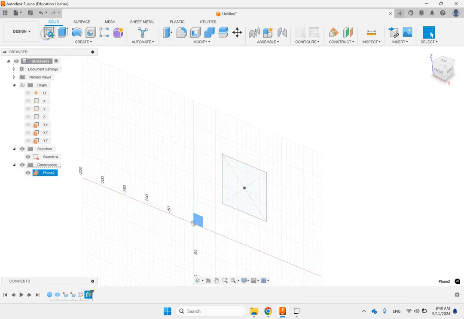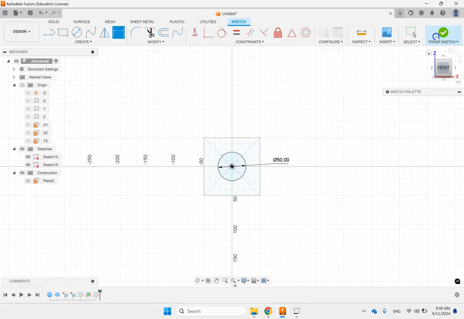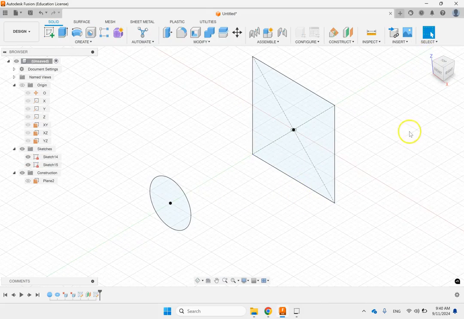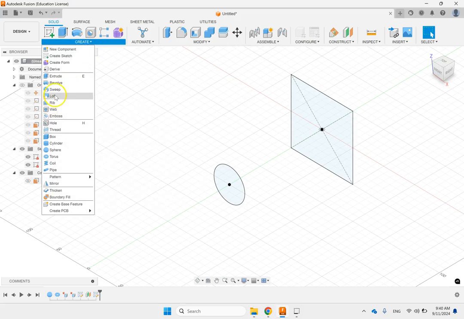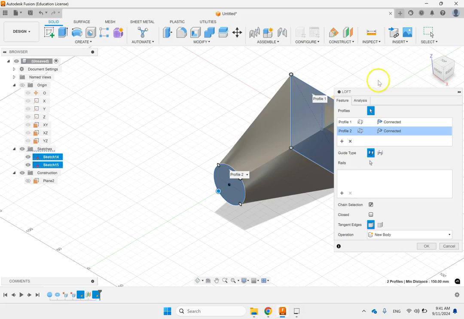I pick it, go to sketch, and this time do a circle centered at origin. Something like this, and give it some dimension, and we are ready for the multi-section now that we have both profiles done. So now we go for loft or multi-section, and here you need to provide the two profiles. So I pick this as the first profile and I pick this as the second profile, and there we go,